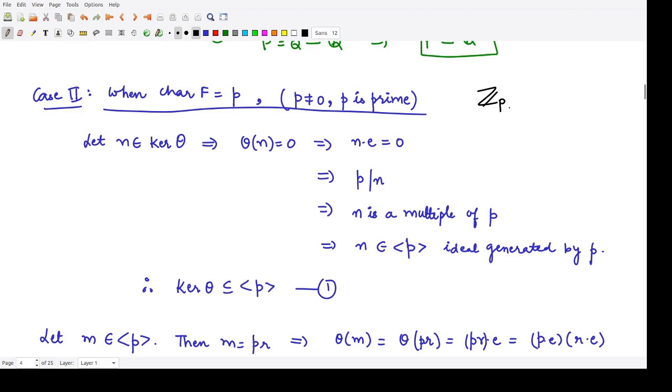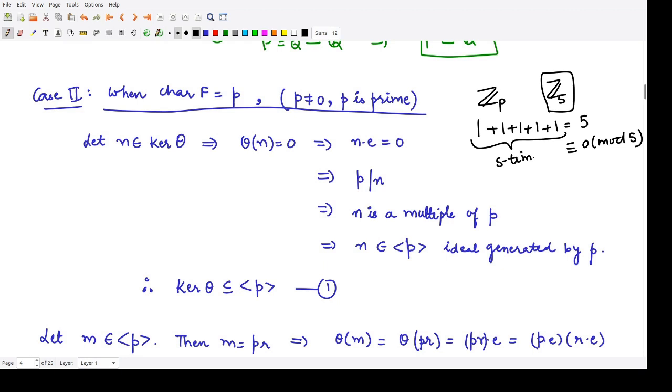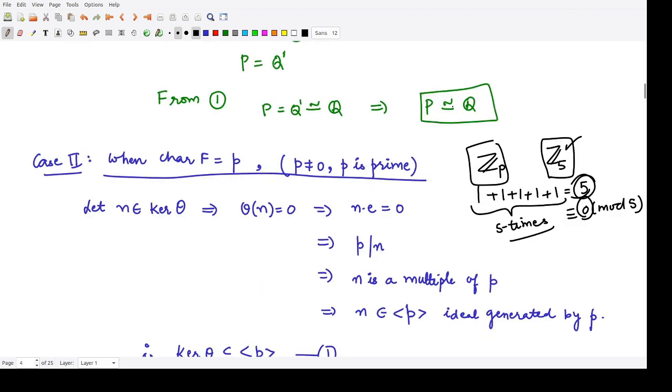The case here is whenever you have the multiplicative identity as 1, suppose we are talking about Z5. So in this case, when you add 1, how many times? 5 times. So you would have 5, right? And this is nothing but 0 mod 5, because we are now in integers mod 5. So when you add this 1 five times, you will have 0 as the final answer. So this 0 represents that 5 is the characteristic for Z5. So p is the characteristic for Zp. So this is what we already know.